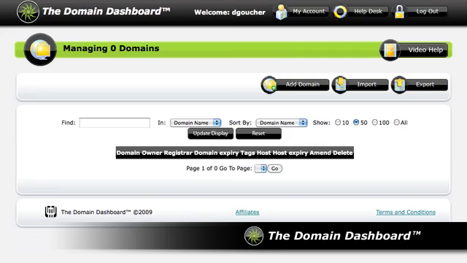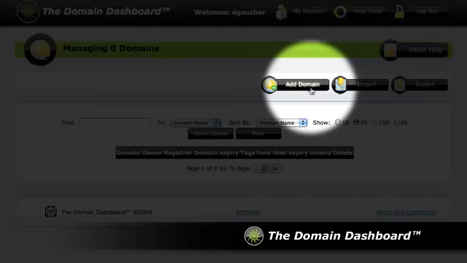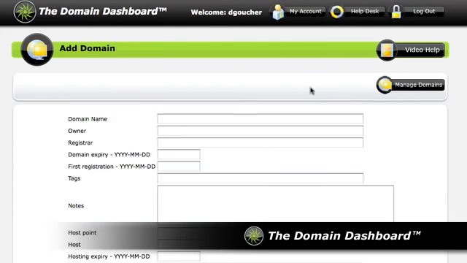If you have a small number of domains that you want to add into the domain dashboard, then the easiest way to do that is with the Add Domain button, and that's on the Manage Domains page. We click Add Domain, we go to a form,